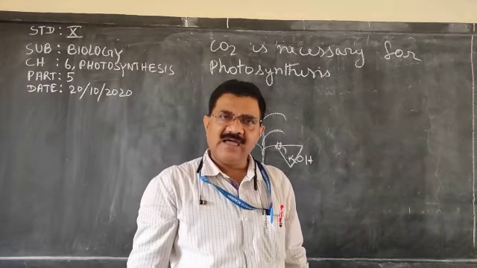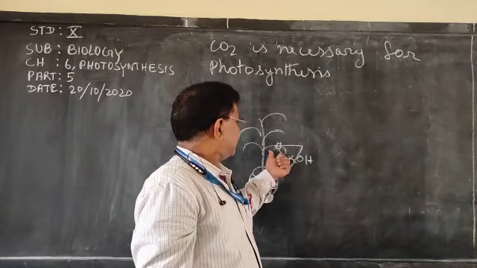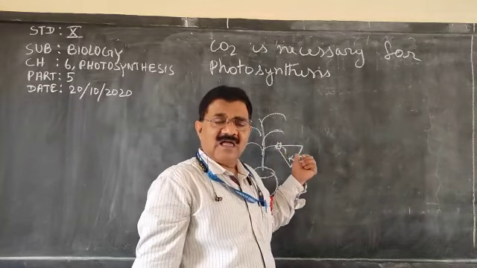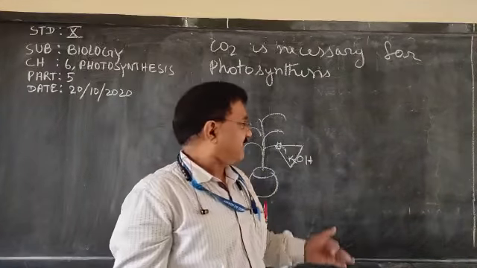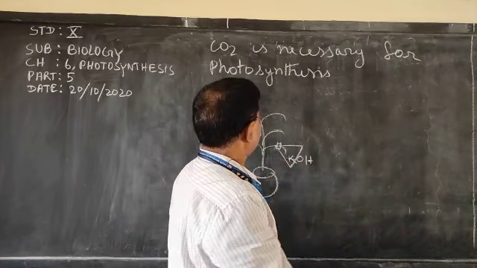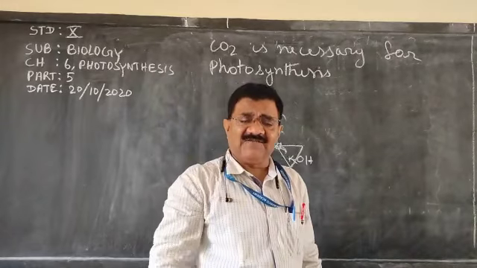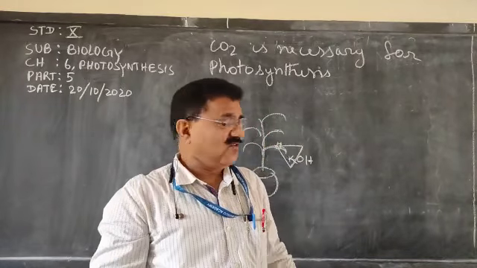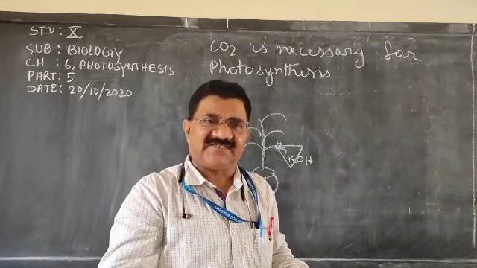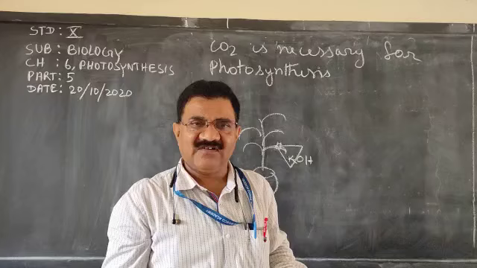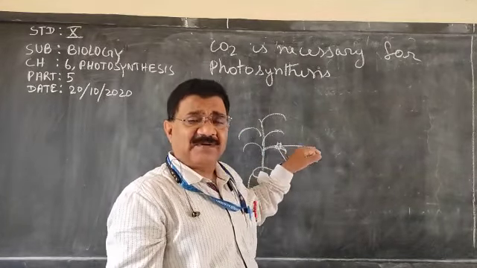Okay, and after that we will do the starch test. We will pluck this leaf, and as we do the starch test, what we will see: the part of the leaf which was inside the conical flask will remain colorless, whereas the other part will turn blue-black, which indicates the presence of starch. Now there starch was present, but here starch is not present.